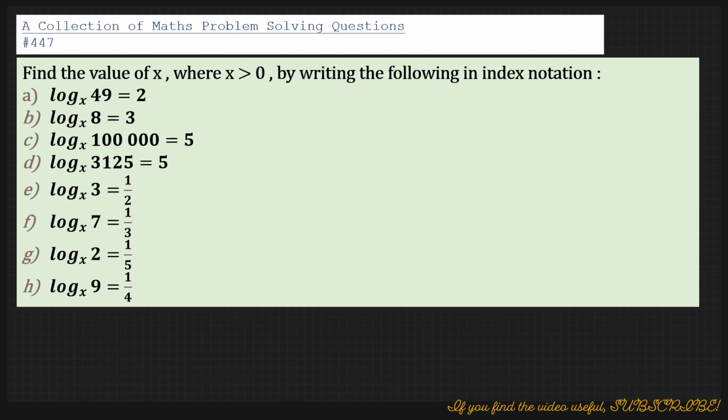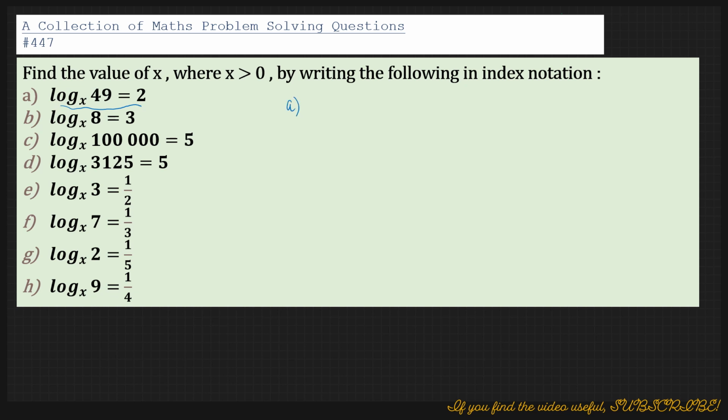Find the value of x where x is greater than 0 by writing the following in index notation. So what we do is, for the first one, log to the base x of 49 is 2. Now this can be written as,